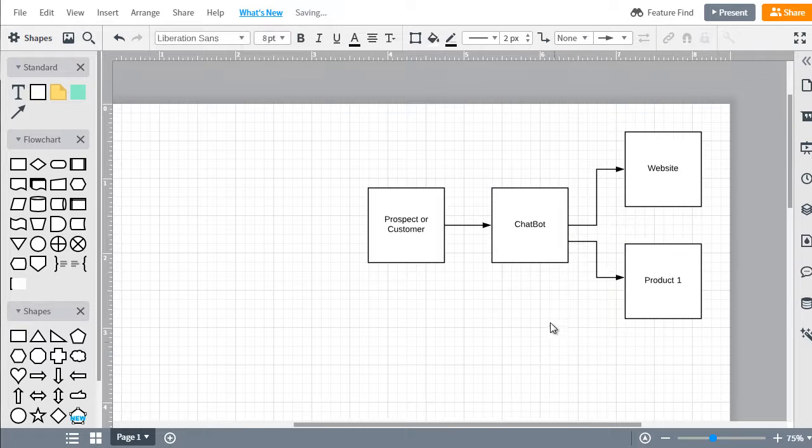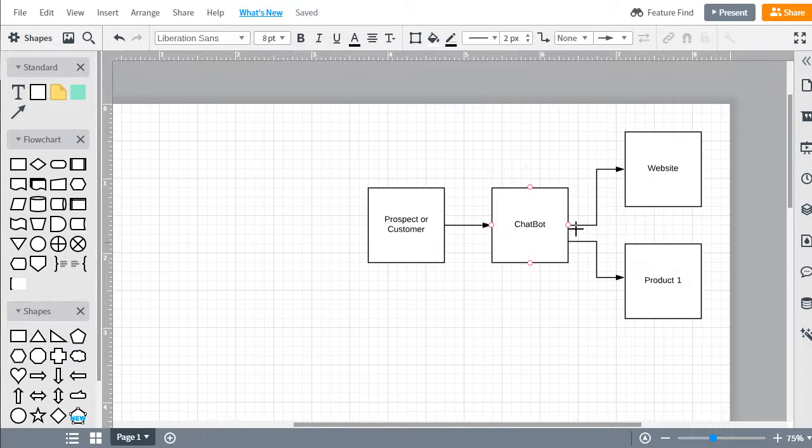All right. So from here, the chatbot essentially is just an interface between the prospect and the customer and the website or the product.